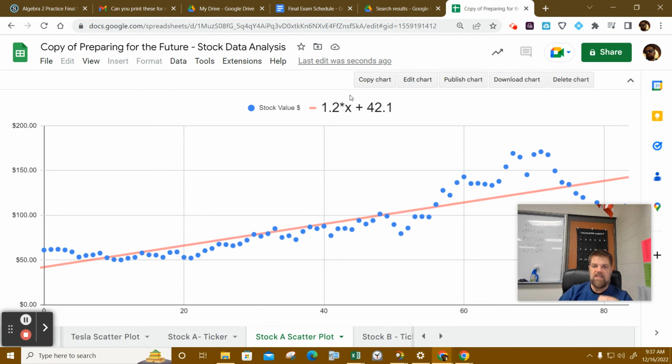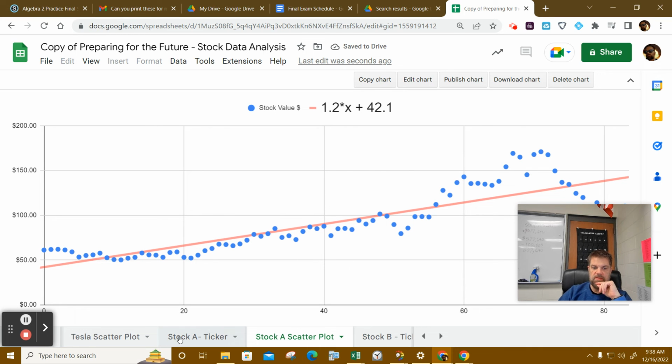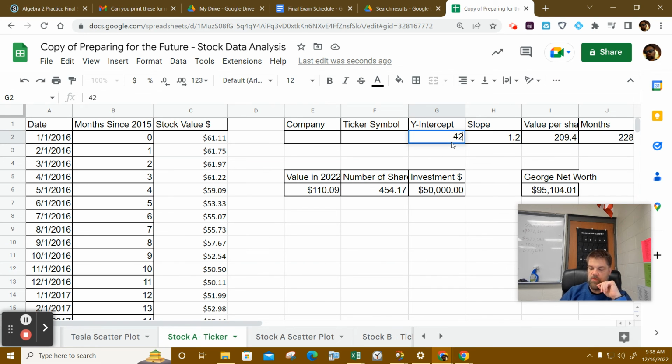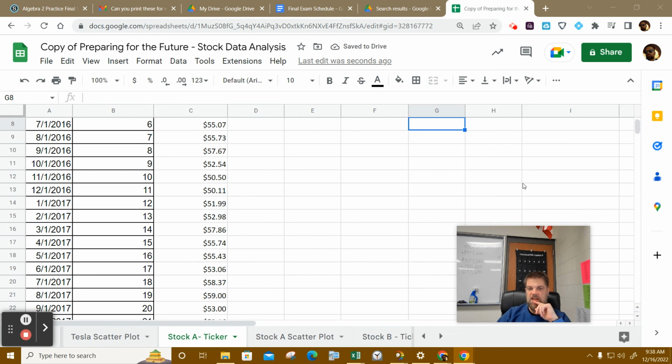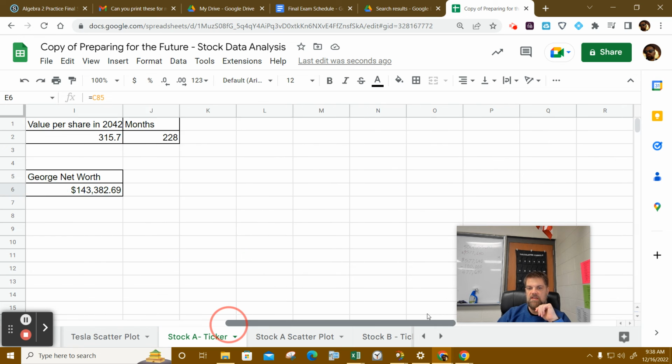So if I take this stock, this one has a slope of 1.2. And so I'm going to change my slope to 1.2. And this has a y-intercept of 42.1. So I have a y-intercept of 42.1. Now what's interesting, and I got to slide some things over to make some room so I could see the stuff. What's interesting is this company, because it has a lower per share value, I don't make as much money because the value of it in